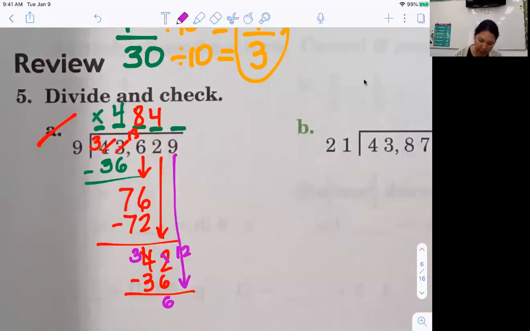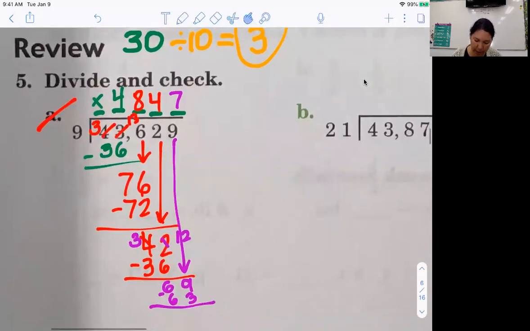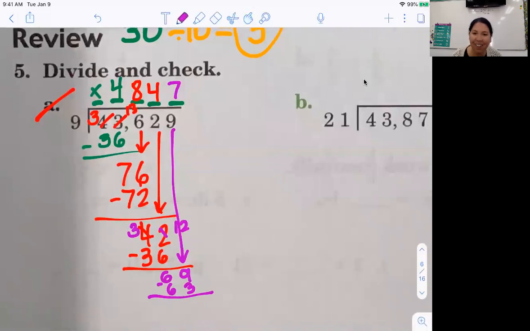Bring down my 9. This will be our last one. How many 9s can go into 69? 9 times 8 is 72, so that's a little bit too big. 9 times 7, 63. All right, let's do it. 63. I'm running out of room here. Subtract. What's 9 minus 3? 9 minus 3 is 6. So I got